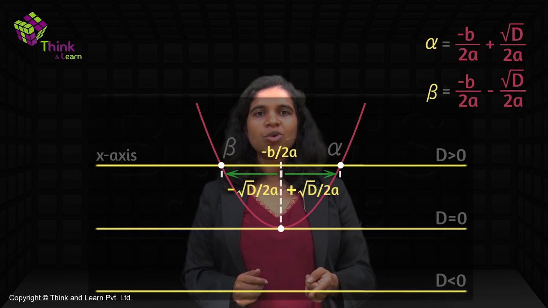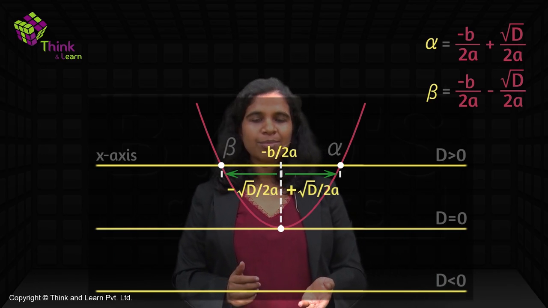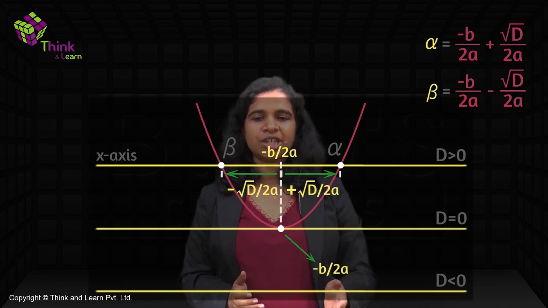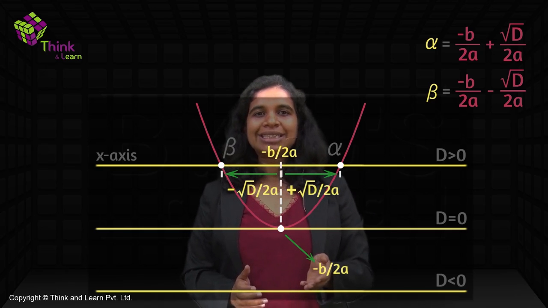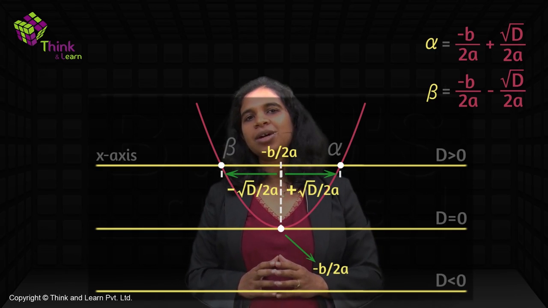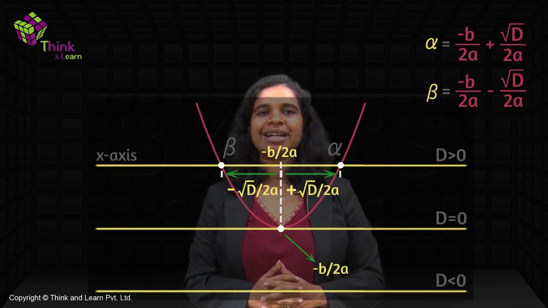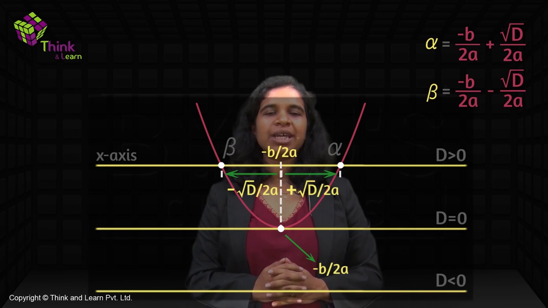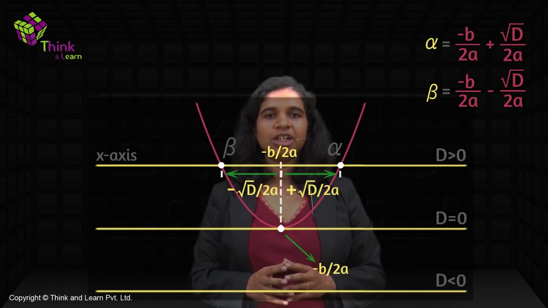Can you see the value of the root in this graph? You can see it, right? Minus b by 2a. That's why I always think of a graph. Very easy to visualize. You will see in front of you that this single root is nothing but minus b by 2a. Is minus b by 2a a rational number? Obviously yes, because it's being expressed in the form of p by q. So as long as a, b and c are all rational, this will be rational.